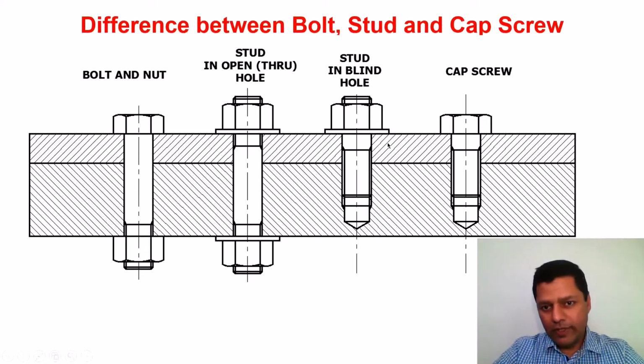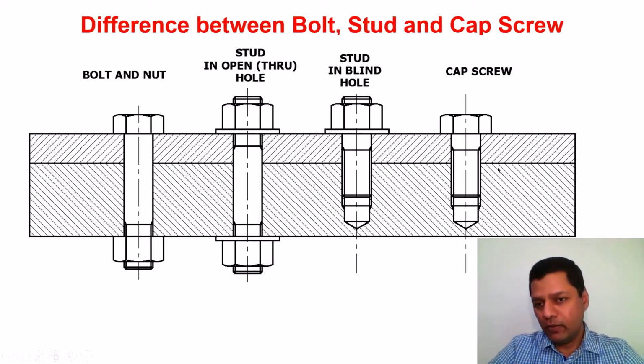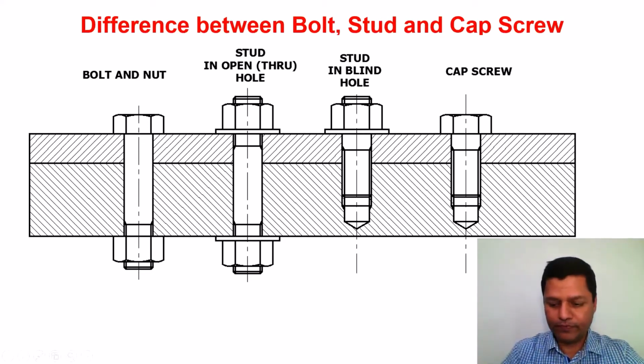Here the stud is going into these threads in the blind hole. One end of the stud goes in these threads, whereas at the other end you can use the nut and the washer. Washer is optional. The cap screw, as I said, generally goes in the blind hole. So we have the blind hole in this base, and the cap screw goes in and engages in that. Usually part B will have only an open hole, not a threaded hole, with some clearance so that the cap screw or the bolt can pass through it.